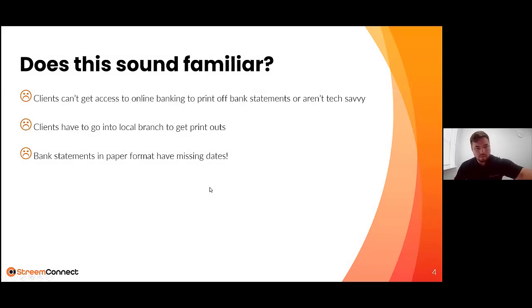So, next few screens is what we see as the pain points for not just the client, but the accountants, the other people within the firm. So the first point,